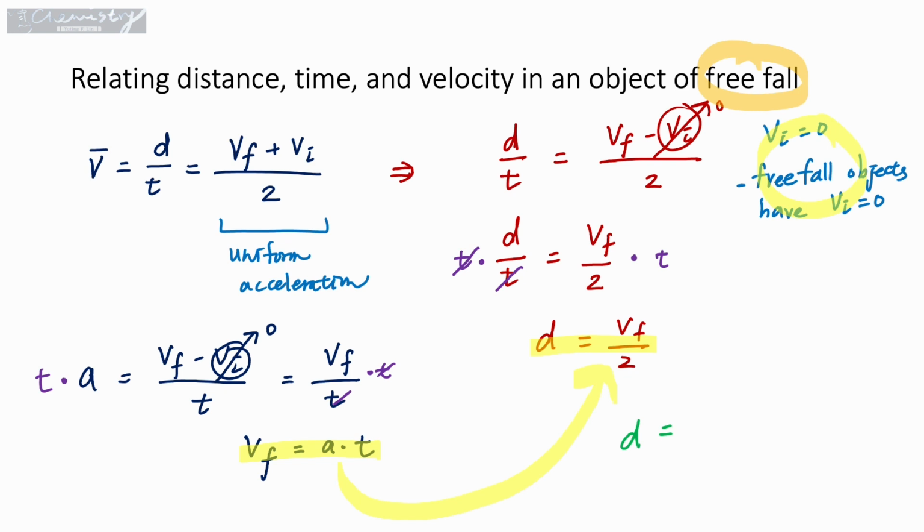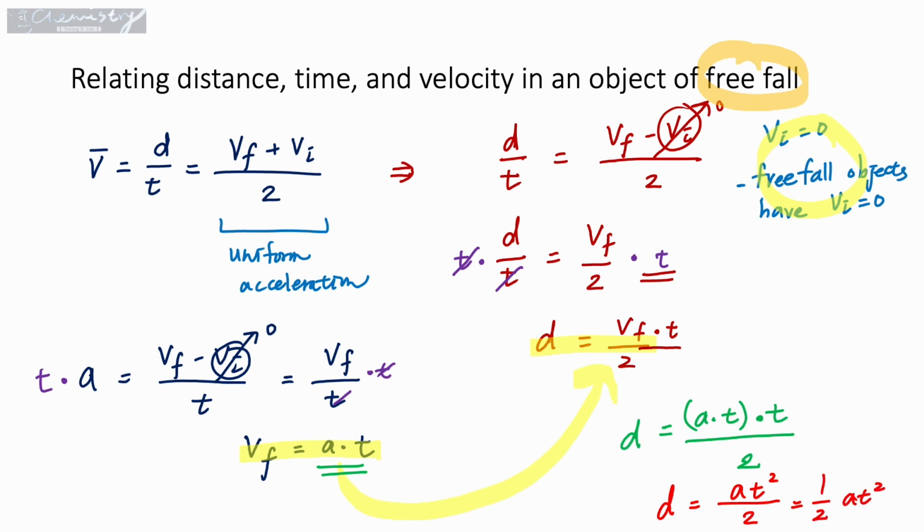Oh, and at the beginning, I hope you already noticed it, but I forgot a t over here because there's a t here. Sorry about that. So then it's equal to Vf, which is a times t, this is Vf from here, times t, and then divided by 2. The second t is this t over here. So then we can conclude that distance of the free fall is equal to acceleration times t squared divided by 2. Or you can see people write it as 1/2 a t squared,